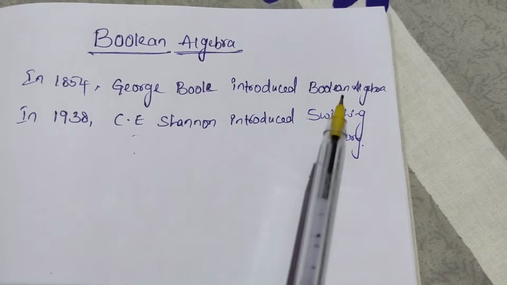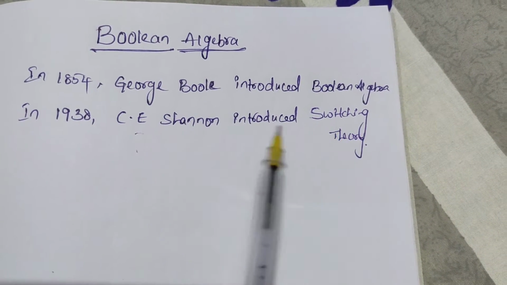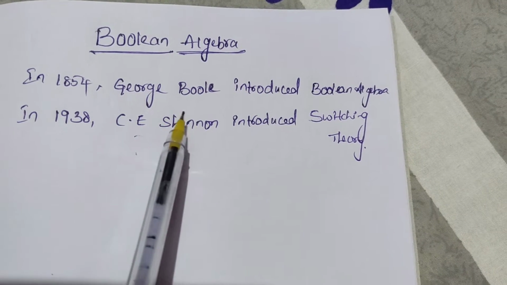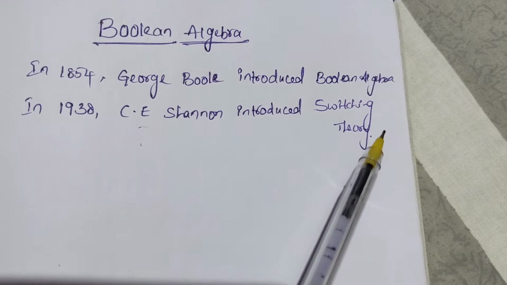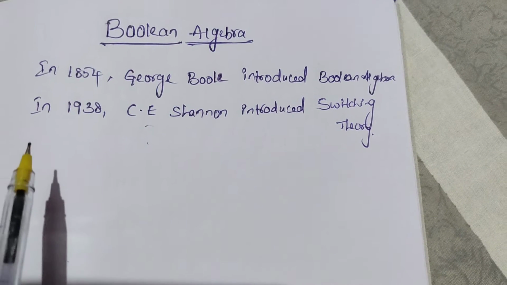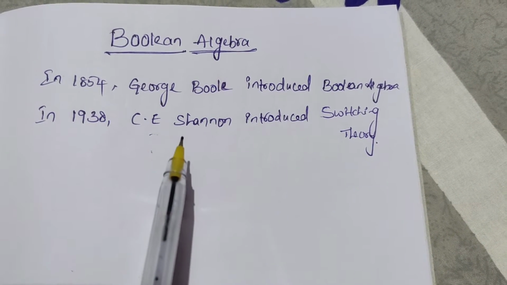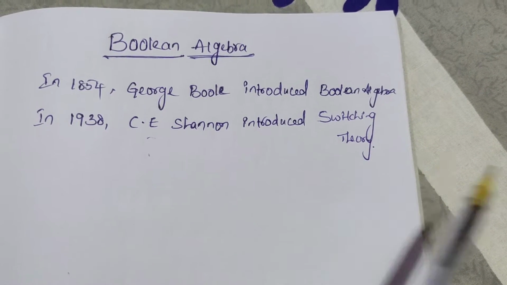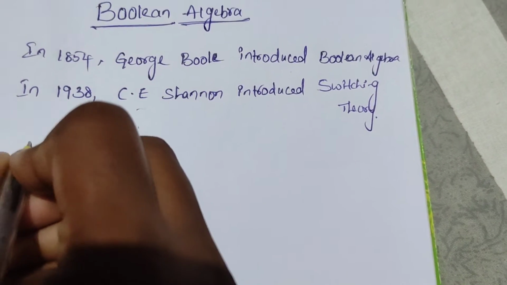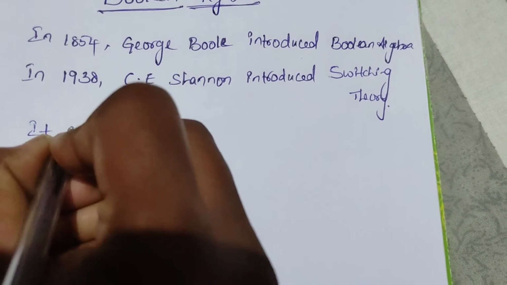Today we are going to discuss Boolean algebra. In 1854, George Boole introduced Boolean algebra. Later on, with some modifications, in 1938, C. E. Shannon introduced switching theory. Boolean algebra is a mathematical logic